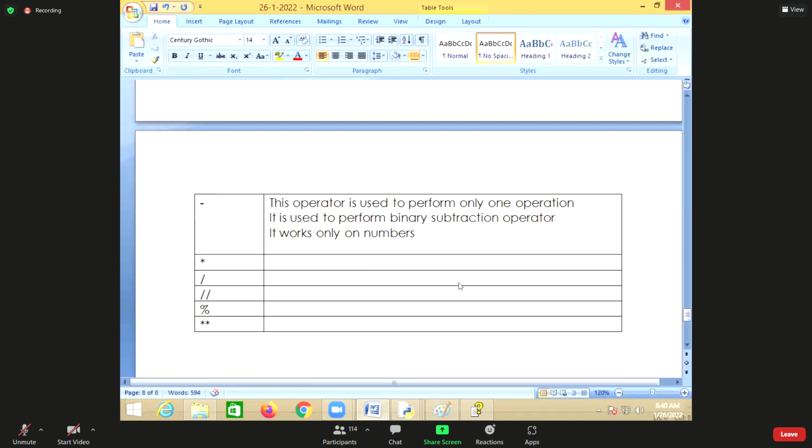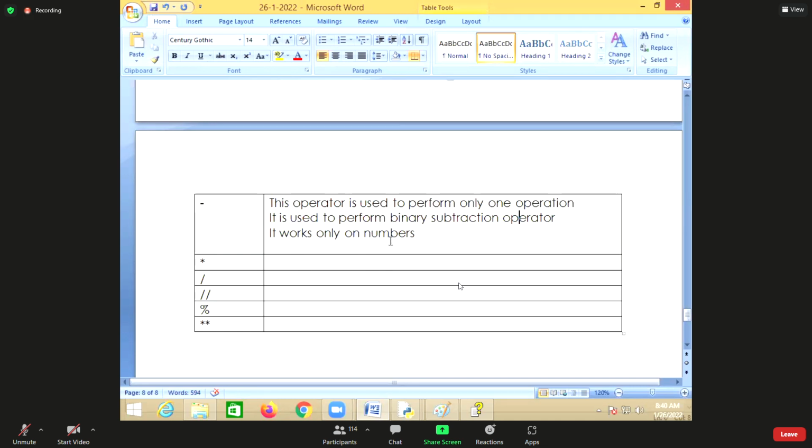I cannot do on any other types. I can use only on which one? Numbers. But it is used for doing which operation? Subtraction operation. You're doing which operation here? Subtraction operation by using which operator? Minus. This operator is used to perform only one operation, and it is used to perform binary subtraction, and